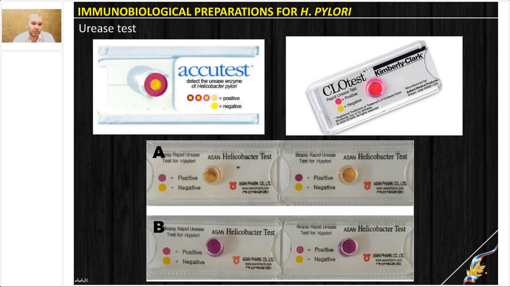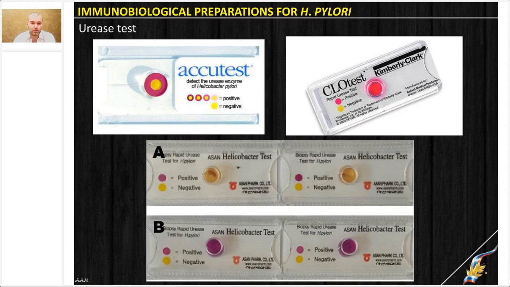If the color of the sample changes from initial to yellow, the result is negative. From initial to red, the result is positive. During practical activities, we usually perform the test on volunteer students. It is a simple test tube with urease reagent added. You need to put the toothpick with the sample in the test tube. In 15 minutes, you see the result. If the color is yellow, no Helicobacter. If it is red, Helicobacter is present.